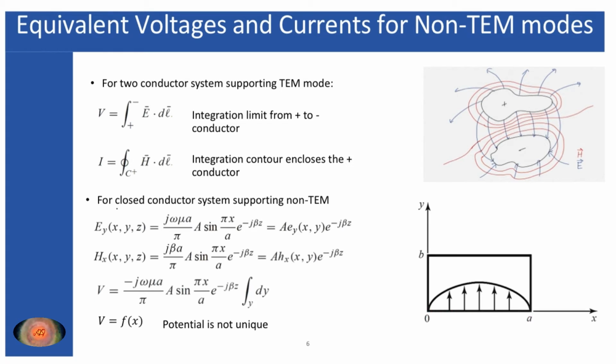Along the direction perpendicular to the direction of the energy flow, because x is the direction which is also perpendicular to the direction of the energy flow, the potential is not unique, rather it depends upon x. On the other hand, if you integrate along the x direction, that potential will be dependent upon the y direction. For that case also, the potential will not be the unique one. And that is why the existing transmission line model is not applicable for such non-TEM type devices.